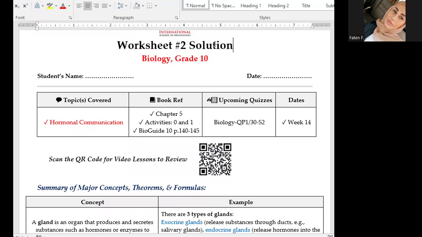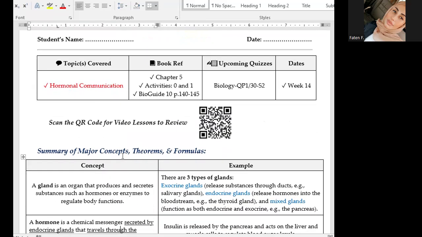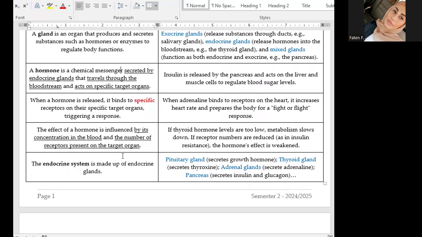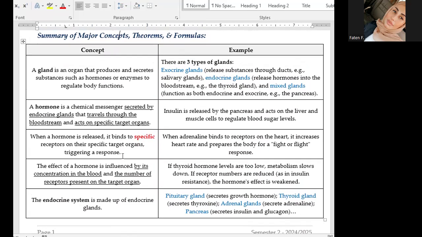So I'll be solving the worksheet that you have to practice well for your QP on Tuesday. In this worksheet, we're talking about hormonal communication, which is allowed by our endocrine system that consists of glands. A gland, we have many glands in our body. It's an organ that produces and secretes substances, like hormones